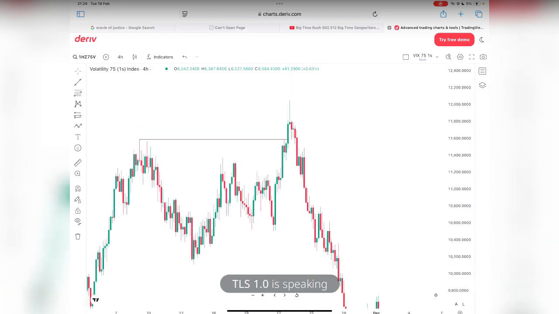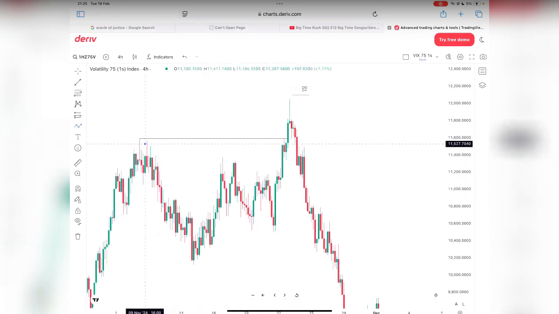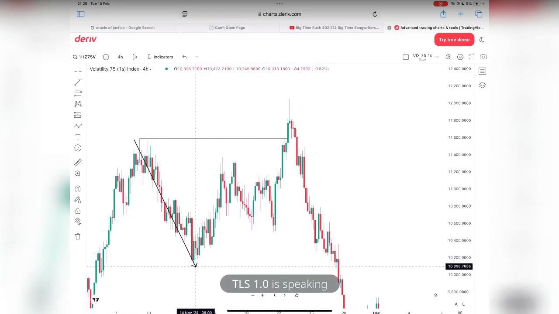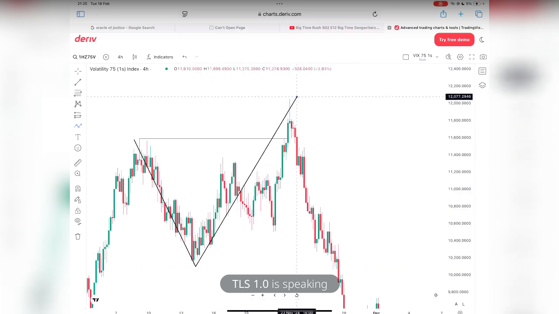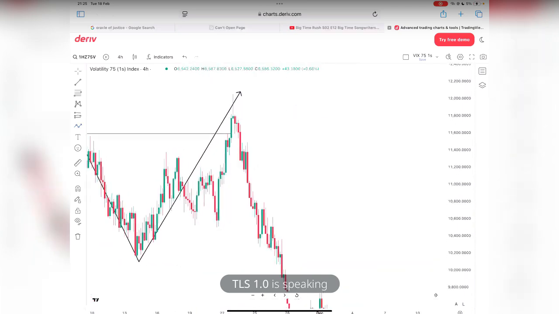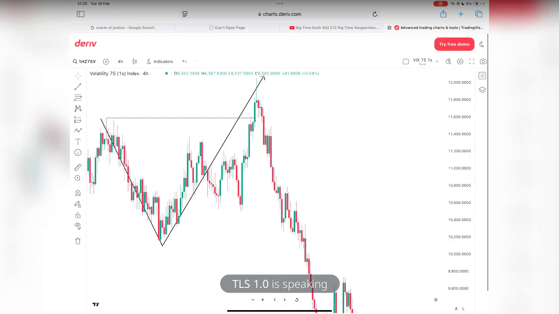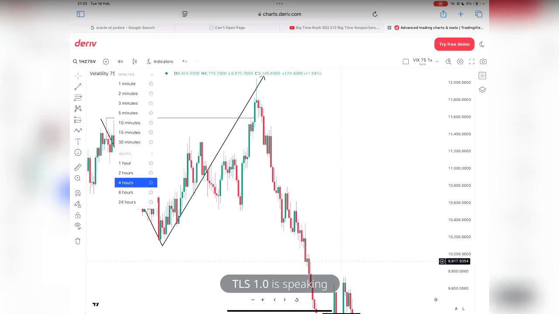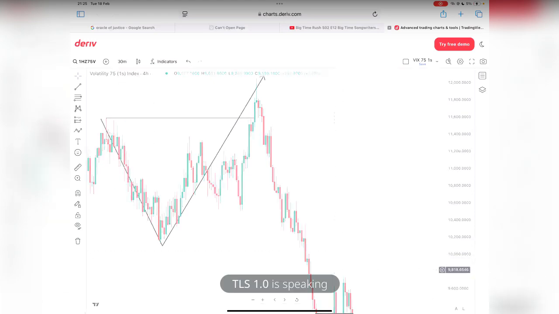So since you have gotten this external, this movement here is an external movement. Since you have gotten this, it's left for you now, that's where the price is on here. It's left for you now to go to the lower time frame to check where price currently is, to know the recent internal break of structure. Now we go to the 30 minutes or 1 hour, because the corresponding time frame for